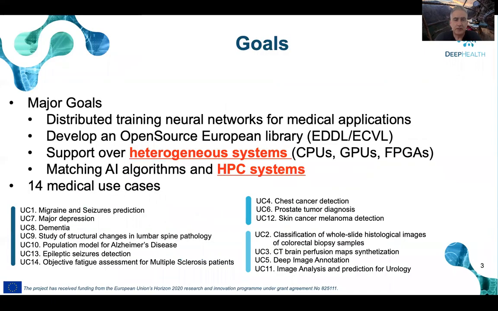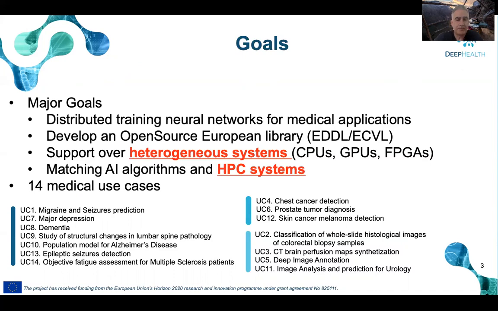So the goals of the project are different. Here you can list the major goals. The first one is to achieve distributed training of neural networks for medical applications. In order to achieve this, the project is developing an open source European library for training and inference. We call it the EDDL, the European Distributed Deep Learning library, and the ECVL, the European Computer Vision Library, that both